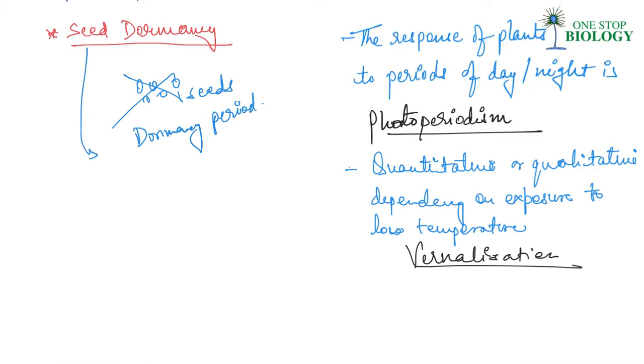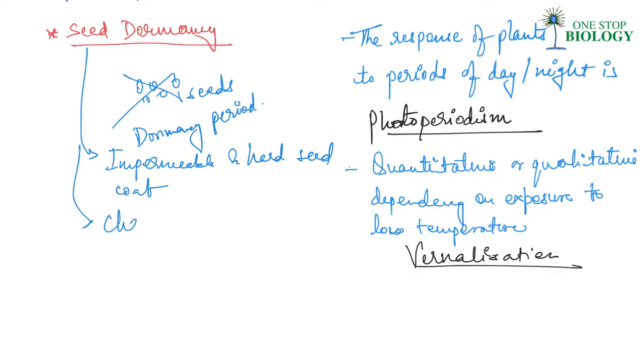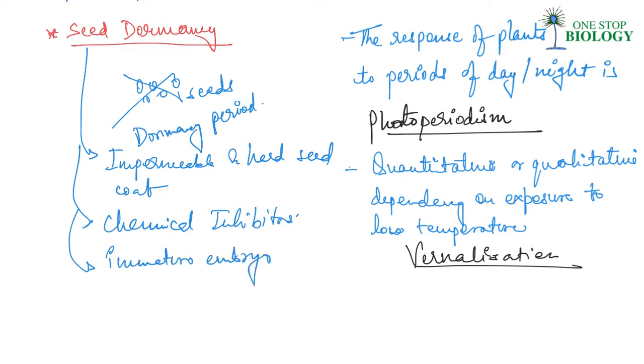So it can be caused by an impermeable and hard seed coat, by chemical inhibitors, or by an immature embryo. All of these can be reasons for seed dormancy,